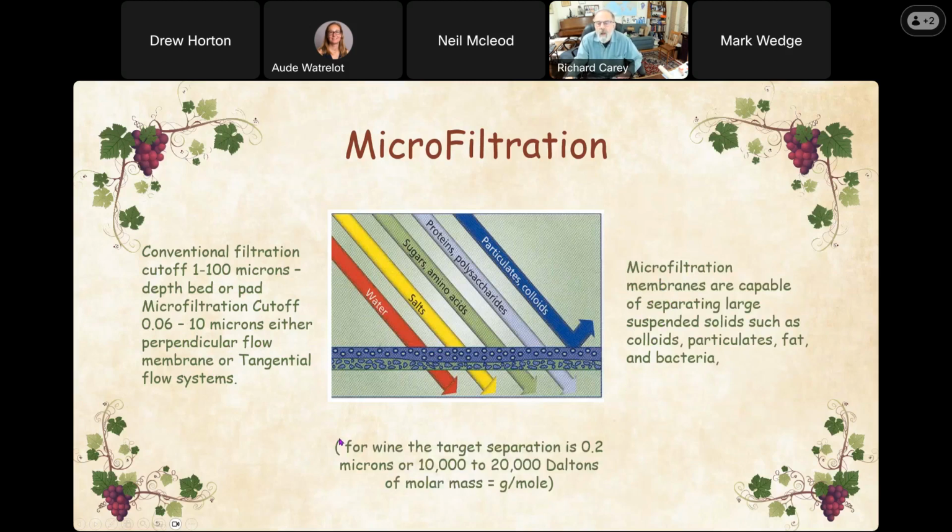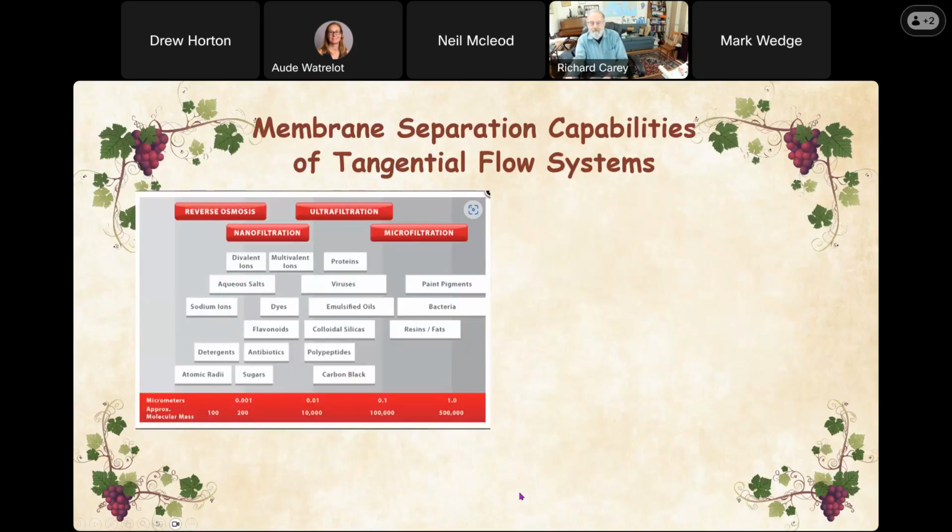So for wine, the target area of microfiltration is 0.2 of a micron, or 10,000 to 20,000 Dalton, which is molar mass. And a mole, if you have forgotten your biology, is the gram molecular weight. So if you have a molecule that is 100 molecular weight, 100 grams is its gram molecular weight. And so this gives you an idea of the kinds of separations that you can do with